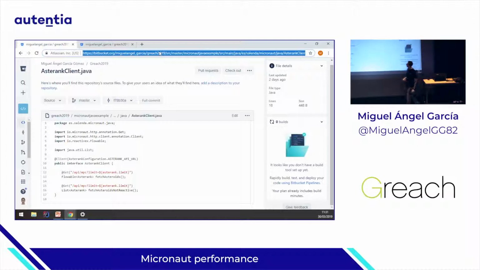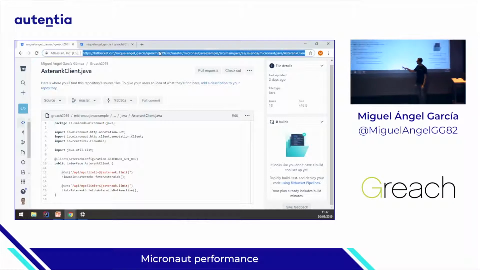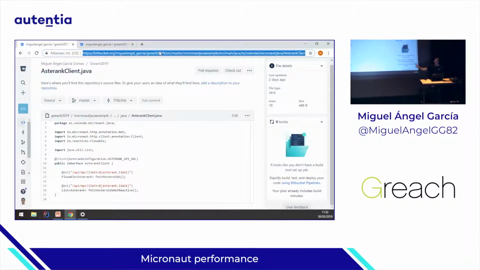Here you have the client. This is the high-level client with the client annotation, and you only have to put the get annotation. And if you want to create a reactive version, you put this Flowable as a result. And if you want the non-reactive, you can return a list. These are the only two things that you need to put in the client, and to use it,